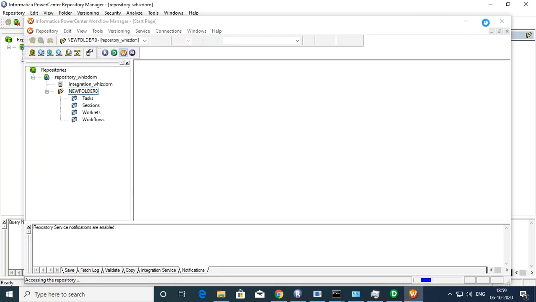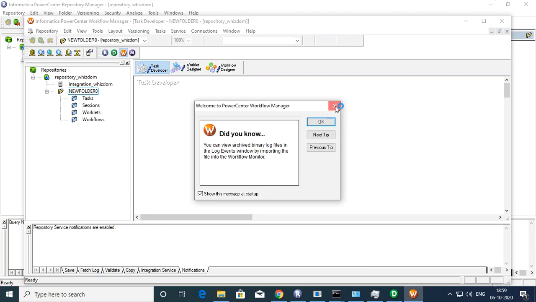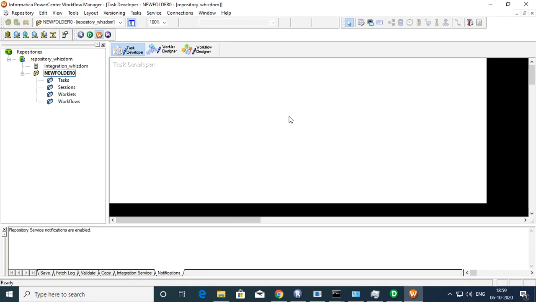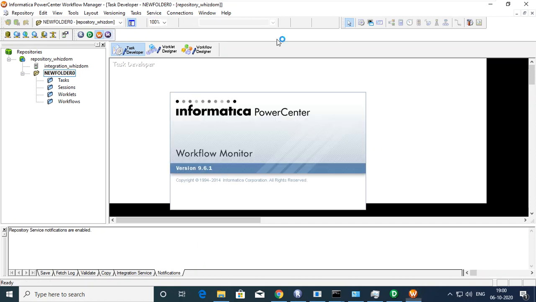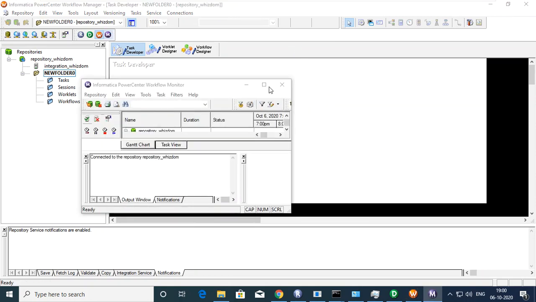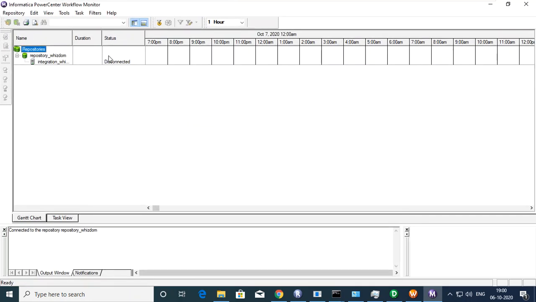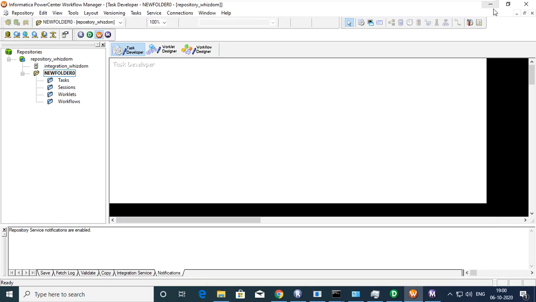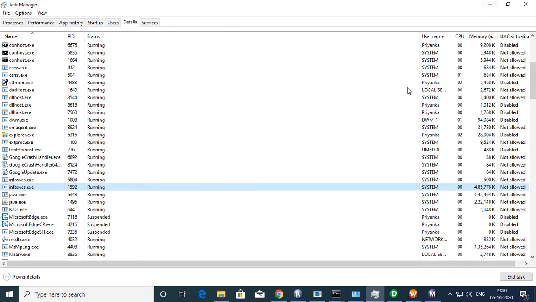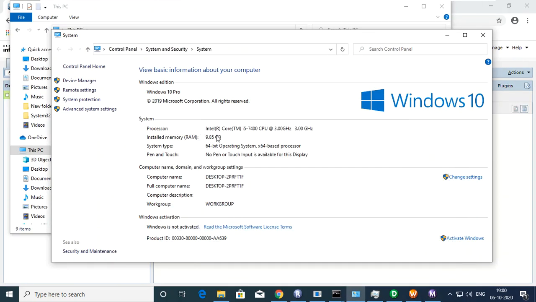So here we will be creating the session task and the workflows so that the data can flow in the form of the mapping. And after this is done, we will move to the monitor where we will see the timing of the execution, how much time it is taking, and how it is successfully extracted and how it is done, like all the things. We will cover all of these things one by one in my coming sessions.